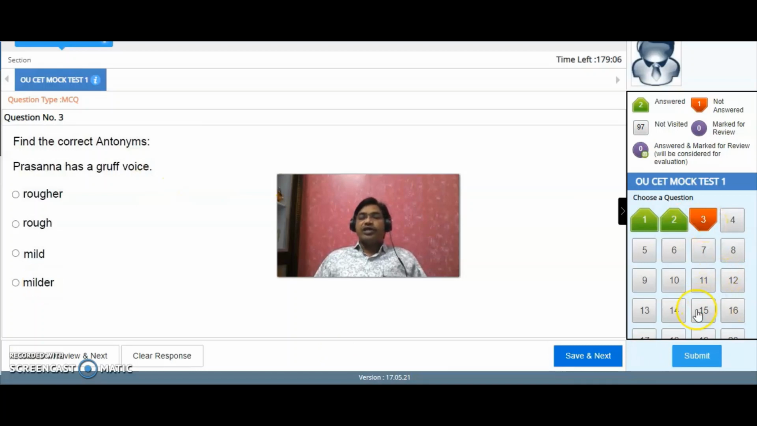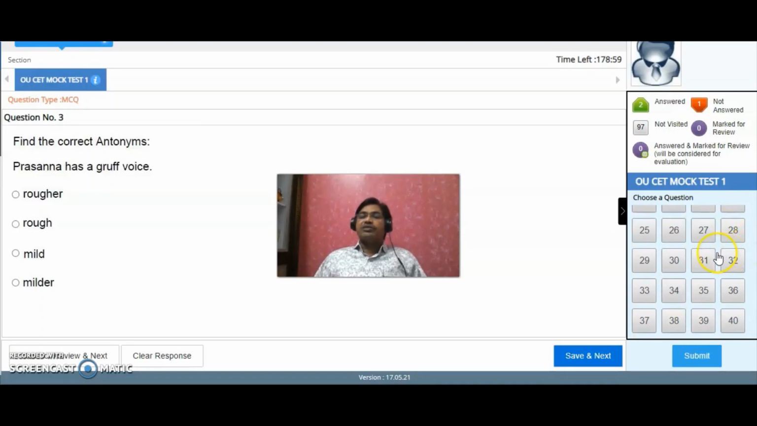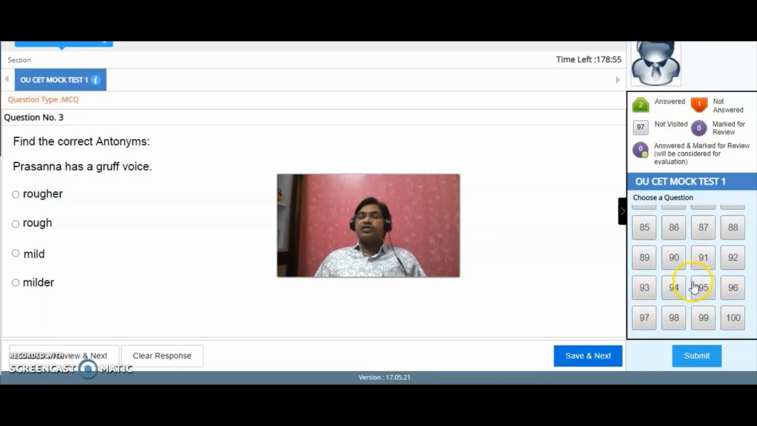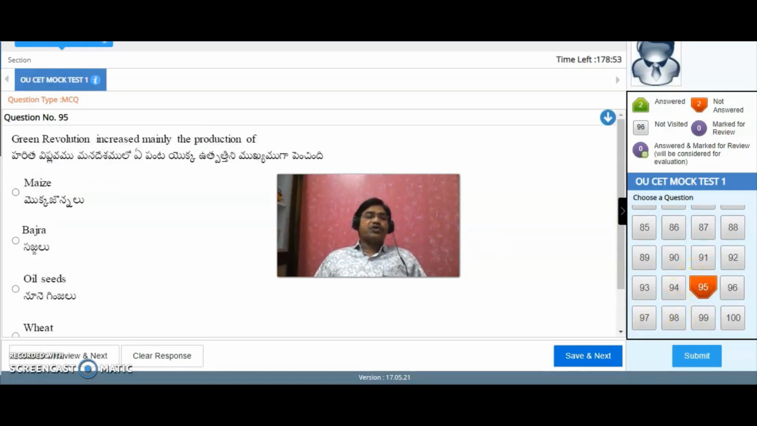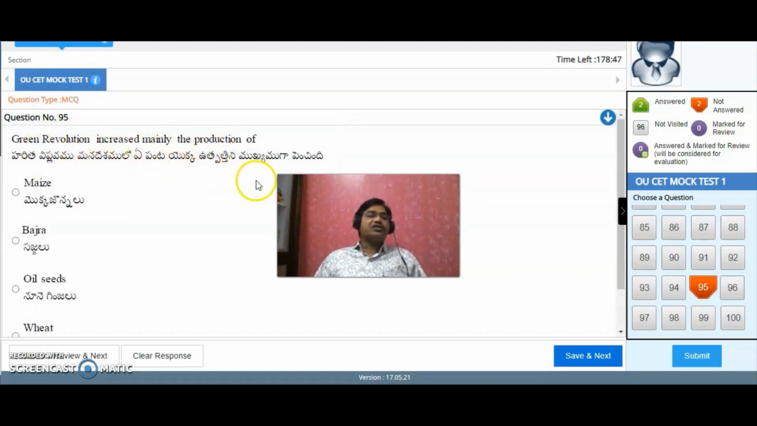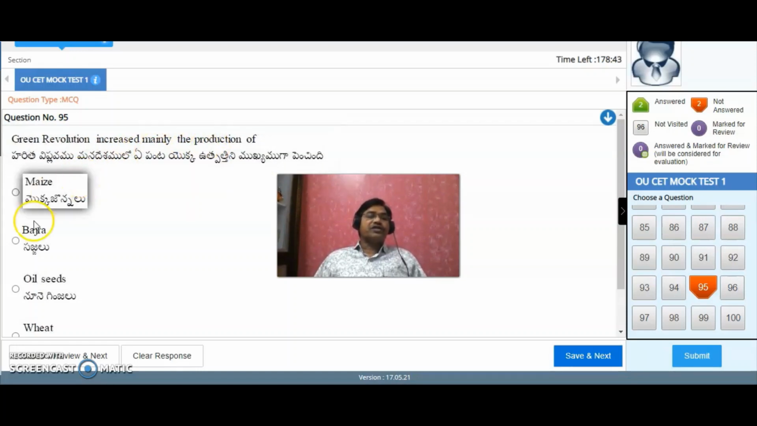Suppose I want to go to any other question directly, you can see here, you can scroll down this one, and there will be a cursor there, you can scroll down like this. And for example, if I take question number 95, here there is a question in English and also in Telugu. Green Revolution increased mainly the production of. Green Revolution